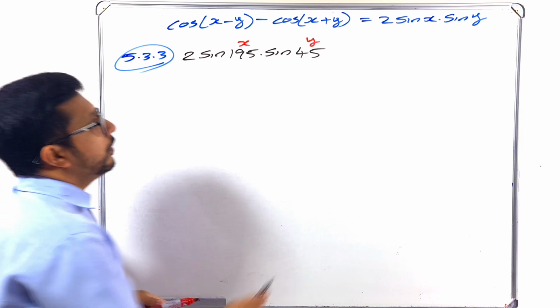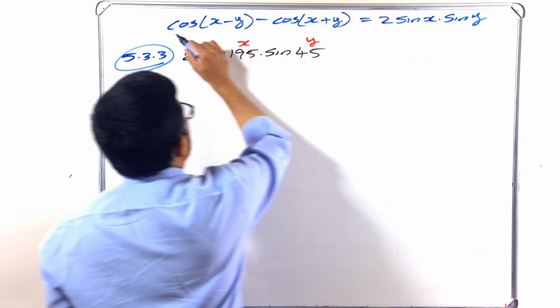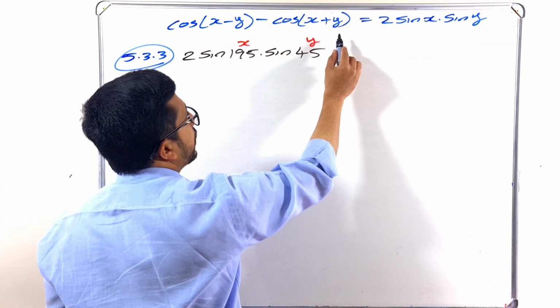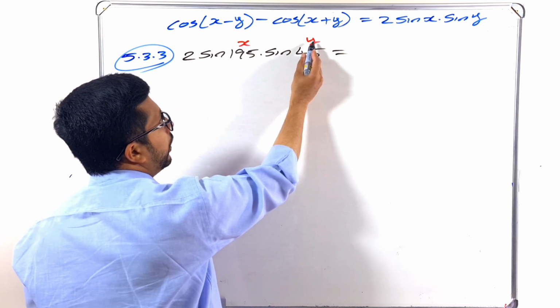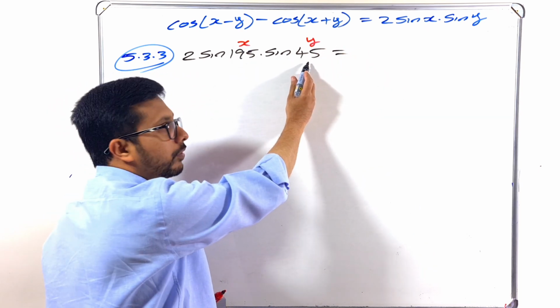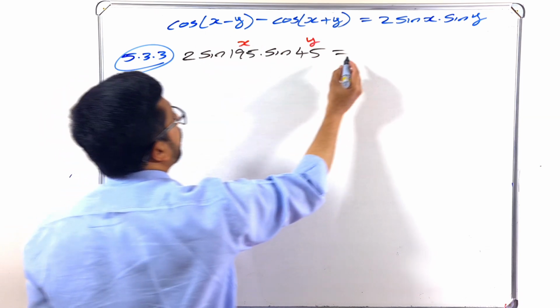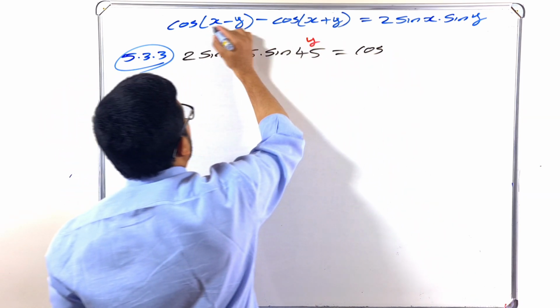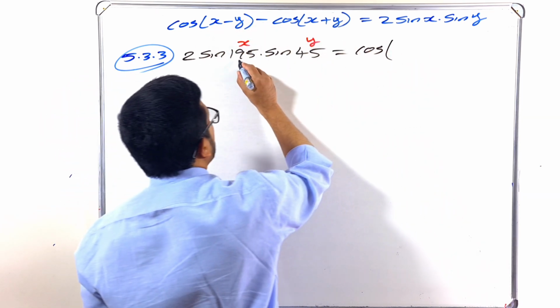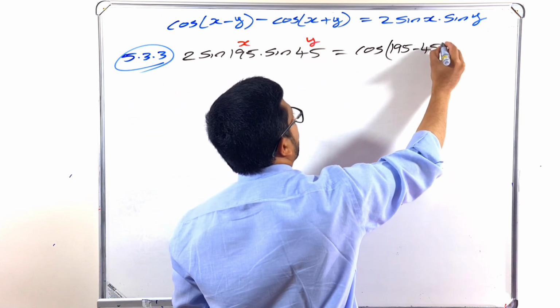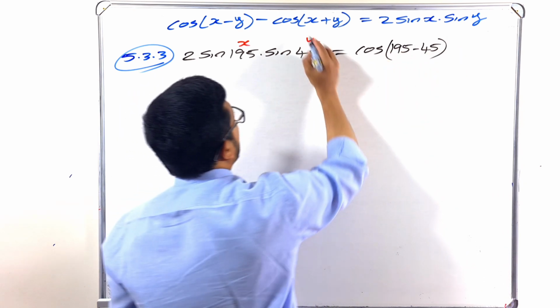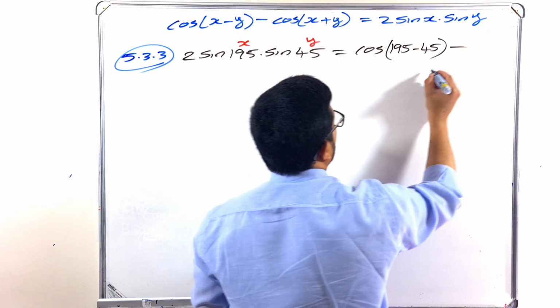So instead of x, here it is 195 and here it is 45 as y. So cos of x minus y, our x in this question is 195 minus y is 45,